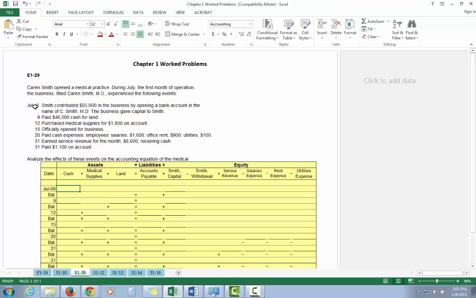events. So on July 6th, she contributed $55,000 to the business by opening a bank account in the name of C. Smith, MD, and the business gave capital to Smith. So here we're having an increase in our capital. Okay, so we're increasing cash by $55,000. All right. So we've got $55,000 going into our bank account. So that's, of course, increasing our cash. In exchange for that, they're going to give